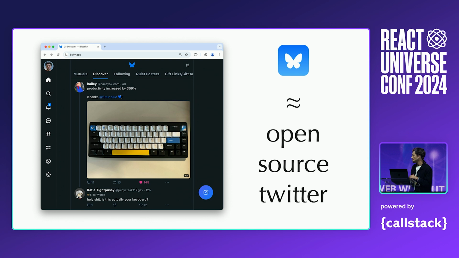The way to think about Bluesky, the product, is that I think of it as an open source Twitter. Our front end is open source. It's built with Expo. Big thanks to everyone at Expo who made it possible. The first version of the app was actually built by a single person, 3 platforms, 4 months. So thanks to React Native and Expo. Our back end is also open source. We're still catching up on features. We're about to add video, hopefully next week, maybe, if the release goes through the App Store.